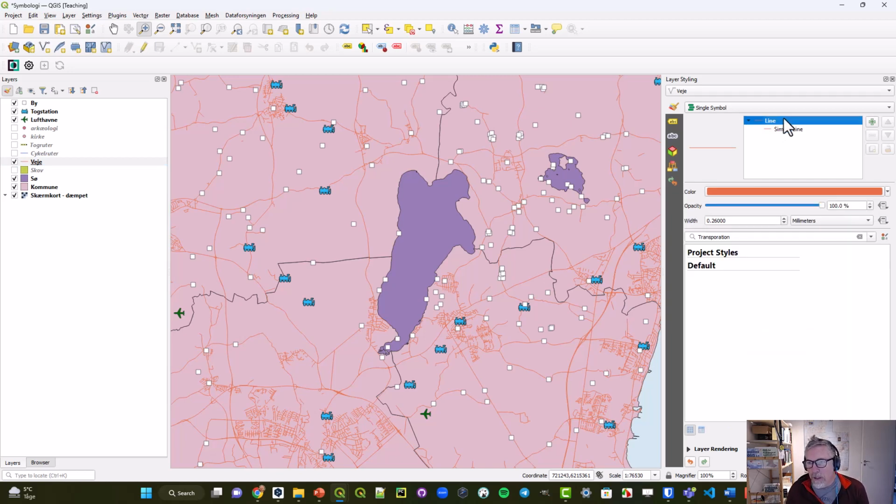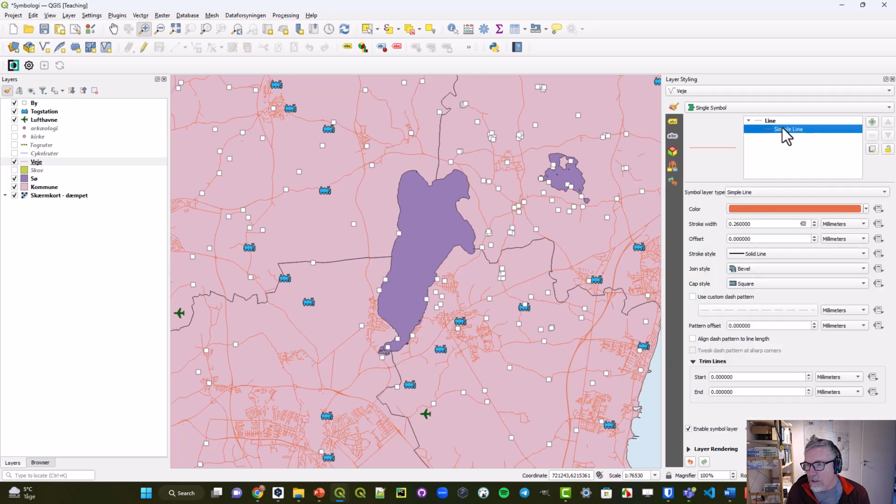So similarly, when we choose line, we can just alter the color, the opacity, or the width. And when we choose the simple line component, you can change the color, the width of the line, which is called the stroke width, the offset, which would move the line away from its actual place where the symbol is placed, the style of the line, whether it's solid or a dashed or dotted line,